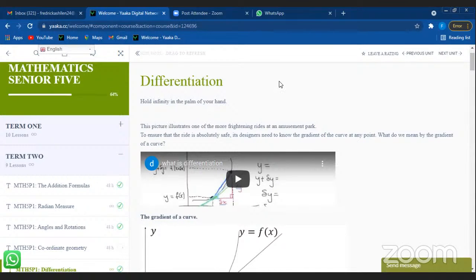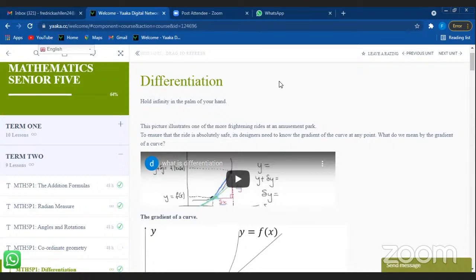Hold infinity in the palm of your hand. The picture illustrates one of the more frightening rides at an amusement park. To ensure that the ride is absolutely safe, its designers need to know the gradient of the curve at any point. What do we mean by the gradient of the curve? It was in this video. Okay, so